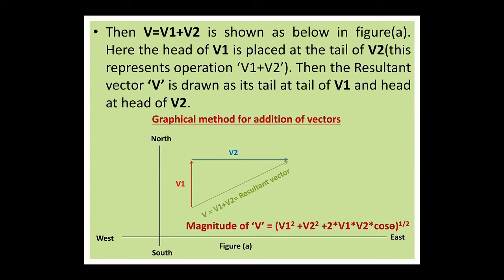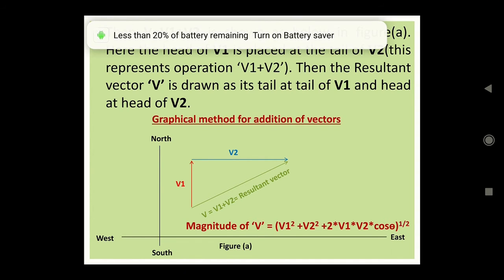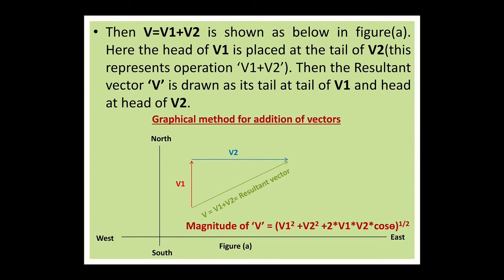So, the graphical method for addition of vectors. You can see the red arrow which is representing the v1 vector, it is directed towards north, and the blue arrow which is representing v2, it is directed towards east. The red arrow has a magnitude 3 while blue has a magnitude 6, so the length of red should be half the length of the blue arrow. So how to add v1 with v2? Simply put the head of your first vector, that is v1, at the tail of the second vector, that is v2. In this way you get v1 plus v2.